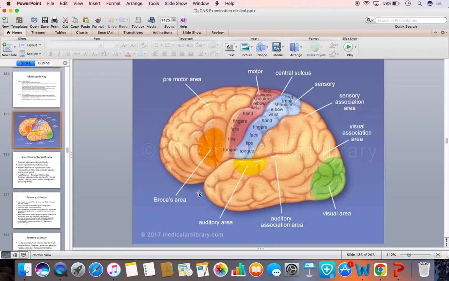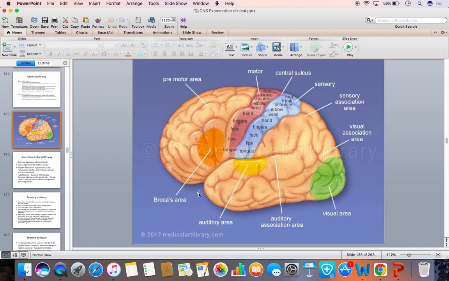Then this is the superior lateral surface of the cerebral cortex showing the various areas. You have the premotor areas in the frontal lobe, the motor area in the precentral gyrus, and the central sulcus of Rolando. Then you have the postcentral gyrus carrying all modalities of sensation. You have a sensory associated area and the visual center in the occipital lobe, and the auditory and auditory associated areas